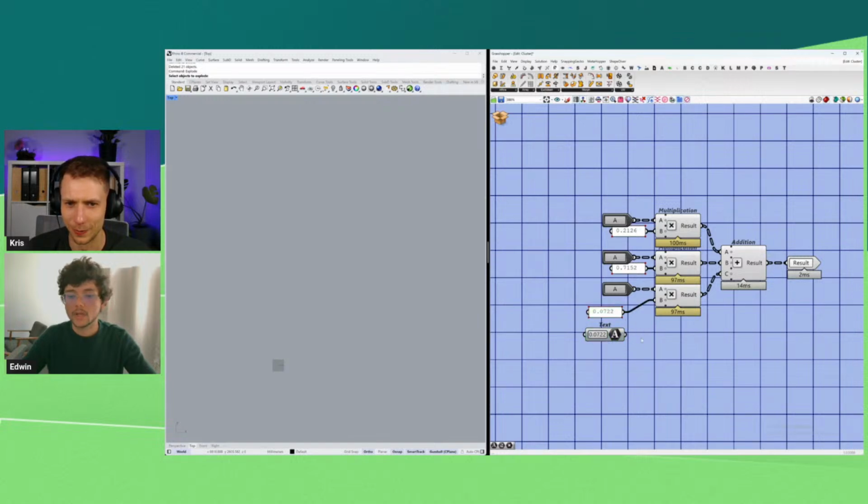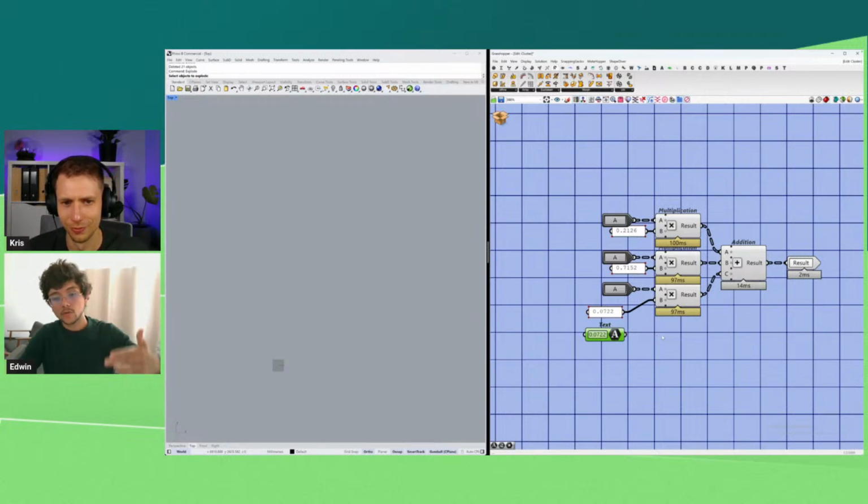So what happens when I go and do a multiplication is that this component needs to first cast, to convert this text into a number, to then multiply it by the A and give you a result. This transformation from text to a number takes a bit of time, which can compound into a lot of time if you have a lot of numbers.